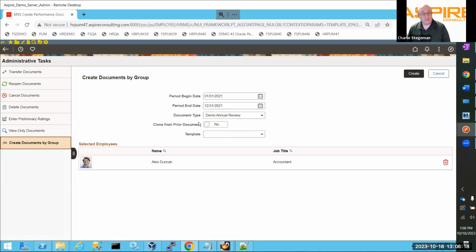I can choose to clone it from prior documents, and then I choose my template. So within the type, you have a variety of templates you can set up that then drive what contents are in the document itself. I can hit create,